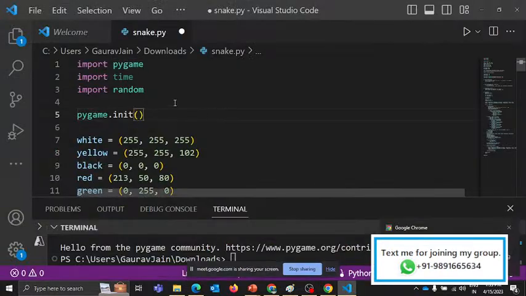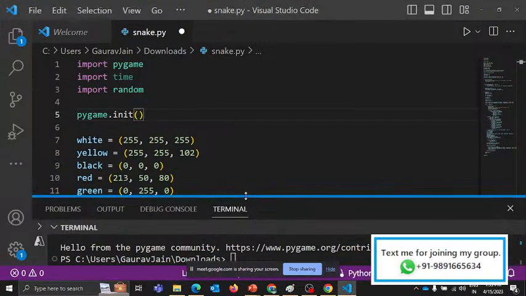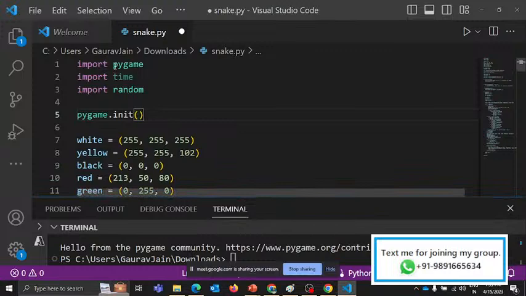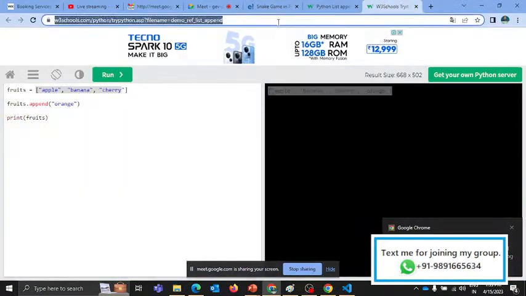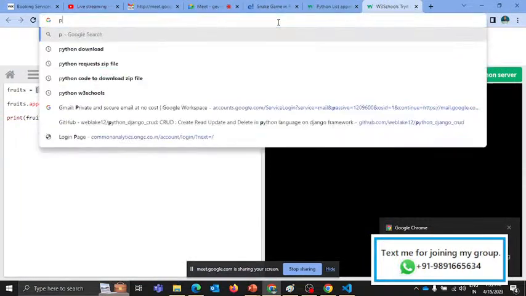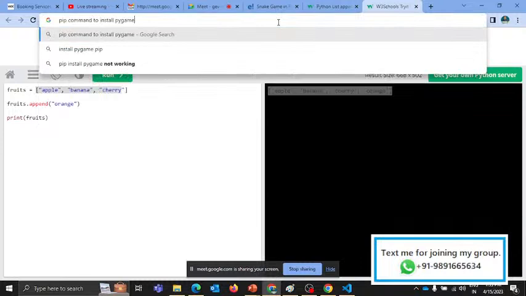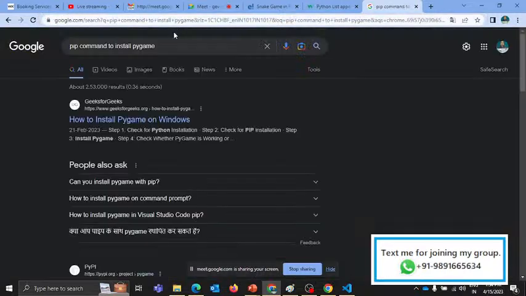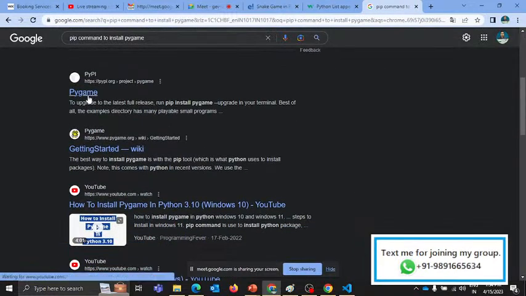Okay. Now if you have to install a library in Python, how can you do it? Suppose you have to install Pygame. The best way is to check the command with which you can install the library. Simply type the pip install command, and after that the name of the library. Because I want to install pygame, I've written pip install pygame. And then if you come here,